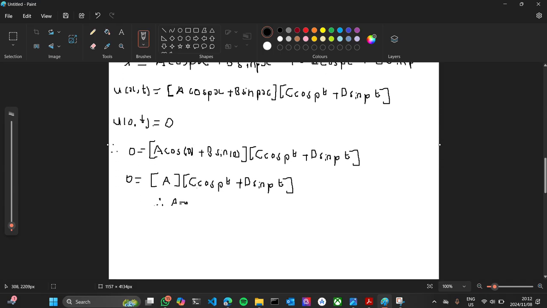So now we've refined our solution a bit more by finding the value of this constant by using this initial condition. So then we can take this value and place it into the general solution that we had earlier, right? So then it's going to become u of x of t is equal to, with A being 0, the only thing you'll have left is B sine